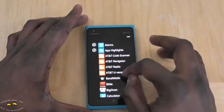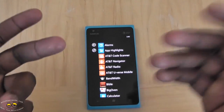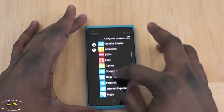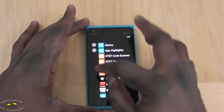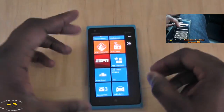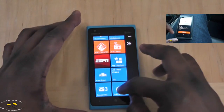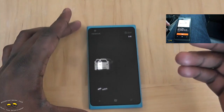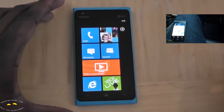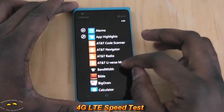You do have your AT&T applications, the whole suite of applications, and the app highlights, which is Nokia's thing to highlight different applications for you. Now, a couple of things I'll note you should download is the Nokia Drive, Nokia Maps, and Nokia Transit, which are cool GPS or navigation applications that work very well. Now, Nokia Maps, you've seen that with the Nokia 800 as well as the 710, and you can check out our review for that. Let's take a look at some of this 4G LTE speeds on the Nokia Lumia 900